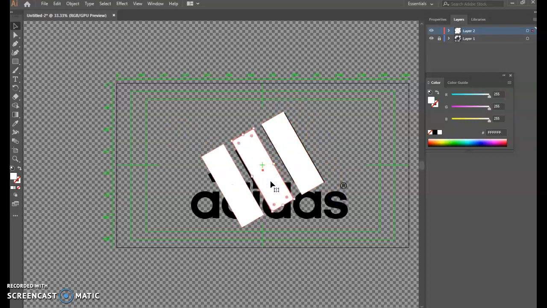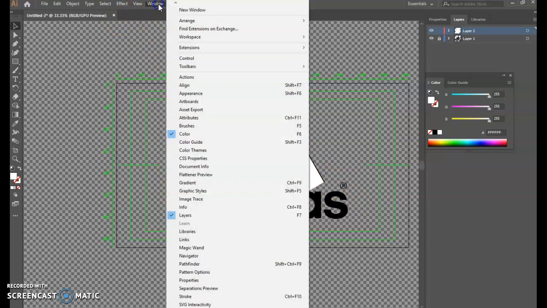That looks pretty good. So I can start moving each one to get them in place where my logo is going to be. Just using my arrow keys to get them into place. That looks pretty good. Now I need to cut them off, and to do that, I'll bring up the Pathfinder